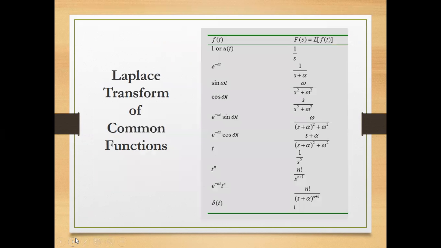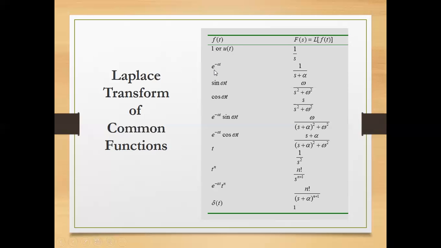Now, having said that, we are now ready to look into some common transforms. Of course, they are common because it is the Laplace transform of common functions. So your 1, which is a constant, or in controls, it's represented by the u of t. We call this the unit step function, is equal to 1 over s. If this constant is changed to a 10, then in controls, we write it as 10 u of t. So when you get the Laplace transform of 10 u of t, that would be equal to 10 over s. So you simply copy the constant and divide it by s.